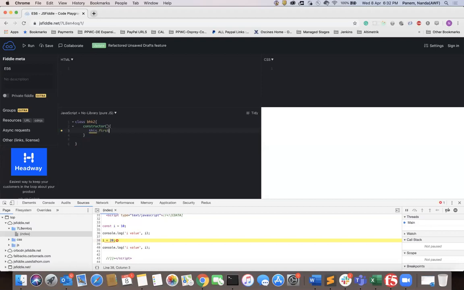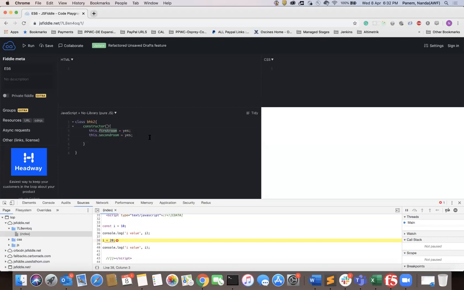So this dot first room equals yes, this dot second room equals yes. I'm creating a couple of basic parameters for this 2 BHK.